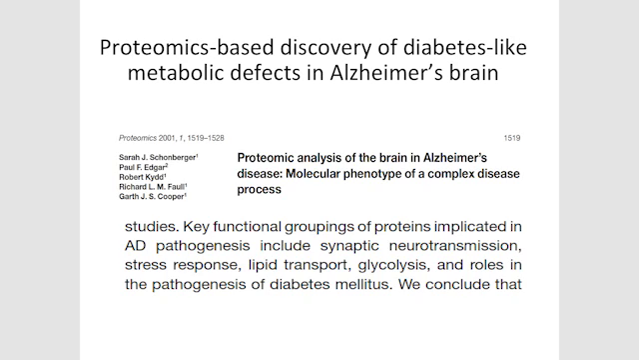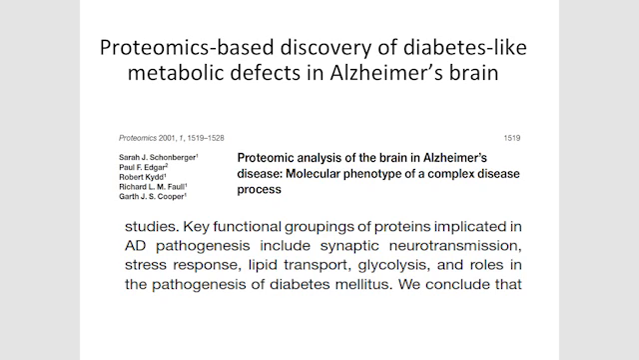Okay, so we published this about 15 years ago now. Basically, this was our initial sort of sighting experiment. It was a proteomic analysis of the brain in Alzheimer's disease. It's the first major proteomic analysis of the brain in Alzheimer's disease published in the literature. And you'll note that at the time,